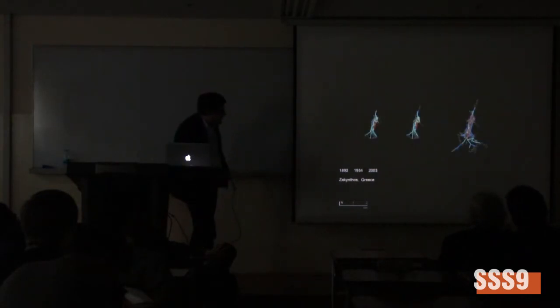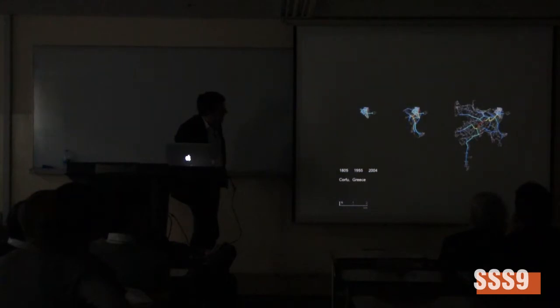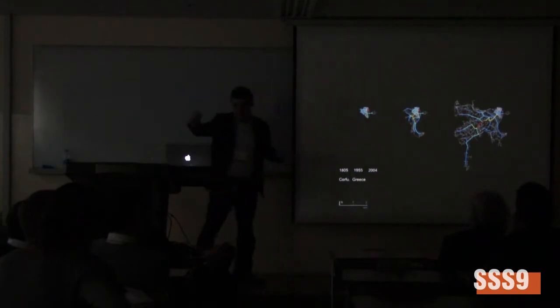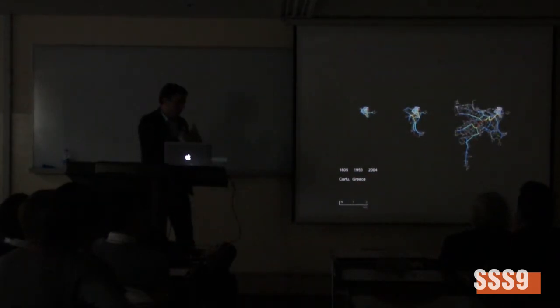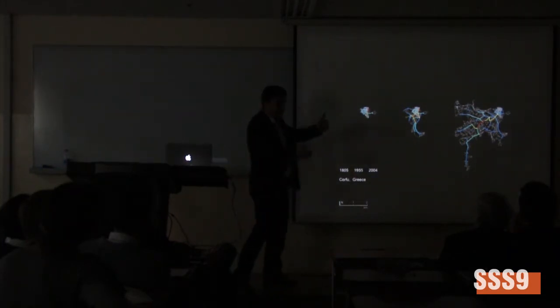Going up to Zakynthos, Patras, sorry if I pronounce it wrong, Corinth, Pactus, Adam, Monica, Ragusa, and Corfu. You can see how, actually the other argument I failed to mention is that unlike the work of Strand and Bartolome, where they consider central place systems, the coastal cities are unique because the growth happens asymmetrically,